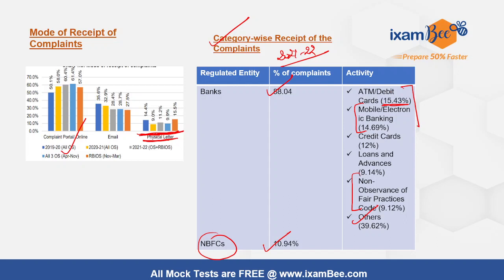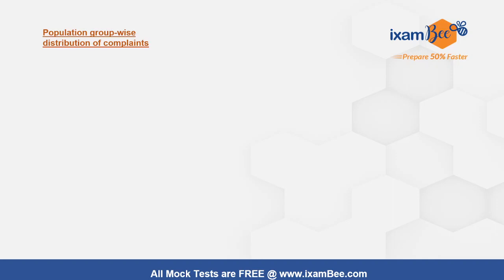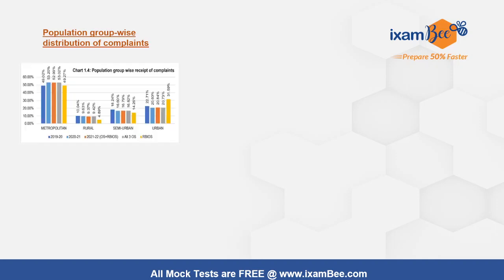So that's why maximum complaints pertain to loans and advances in the case of NBFCs. Next is the population and group wise distribution of complaints, that is, receipt of complaints from metropolitan regions, and from rural, semi-urban and urban regions. The data shows that the majority of the complaints are received from metropolitan regions, followed by urban, and then semi-urban,